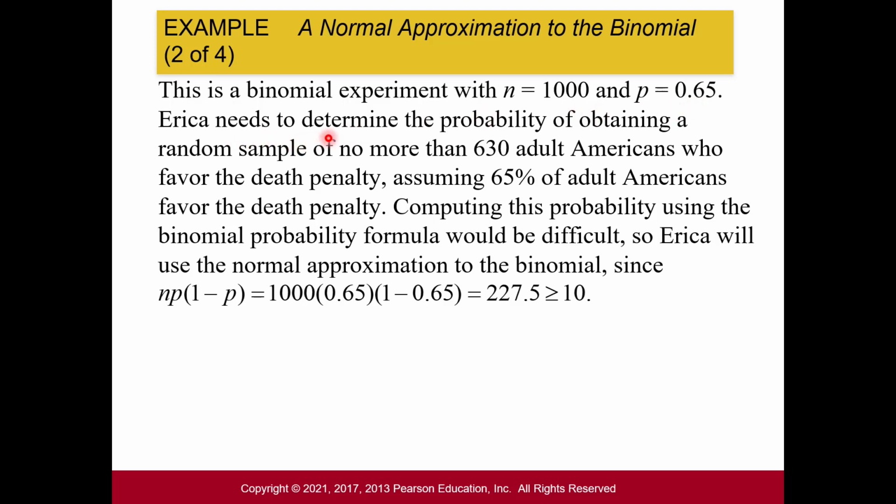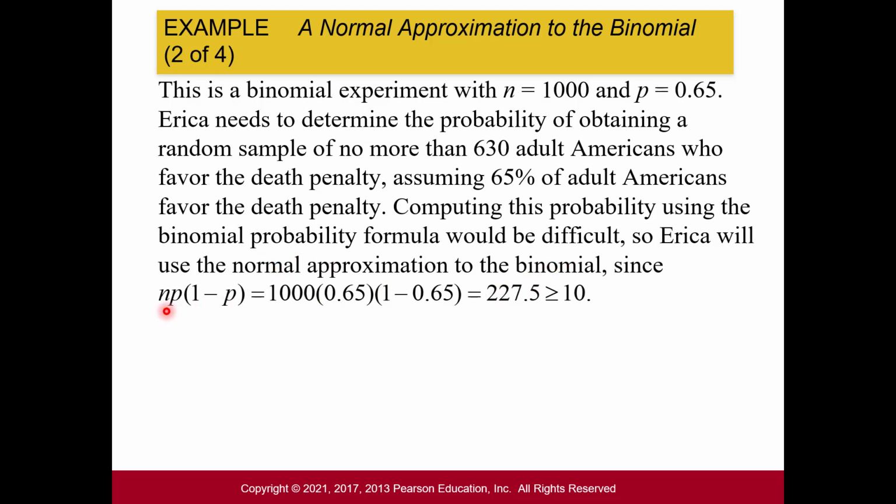And so what Erica wants to do is determine the probability of obtaining a random sample where no more than 630 adults were in favor of the death penalty, and we're assuming that 65% of them are in favor. So across the country, but this is the random sample of this specific county. Computing this probability using our binomial probability formula that we've learned in the past would be pretty difficult. So instead, you can use the normal approximation to approximate the binomial distribution,